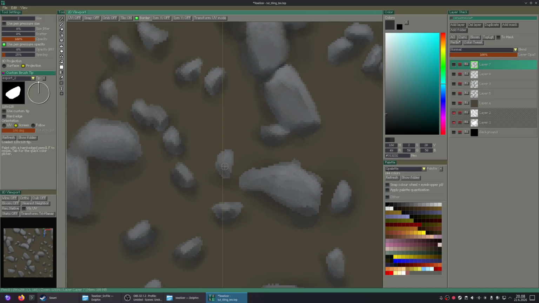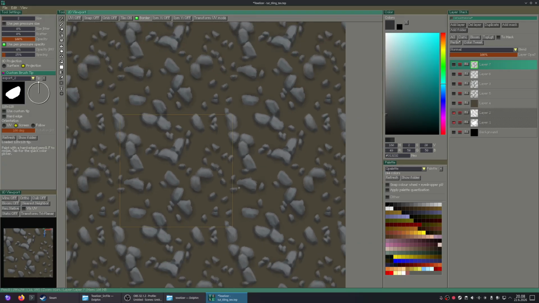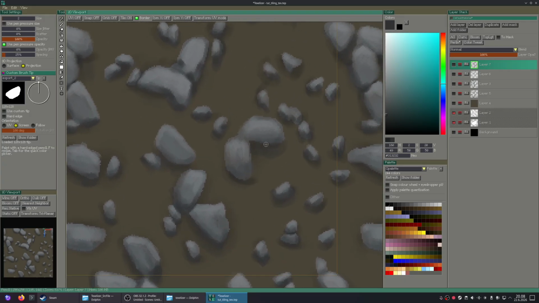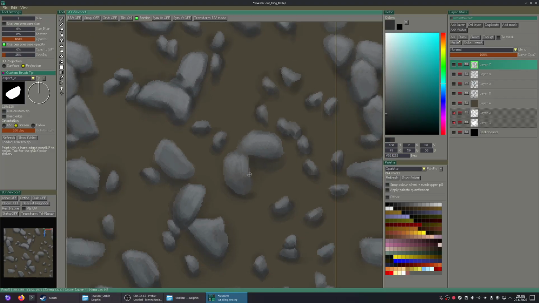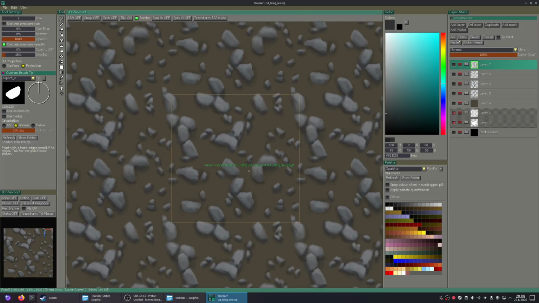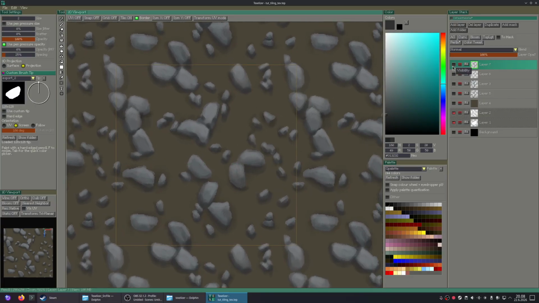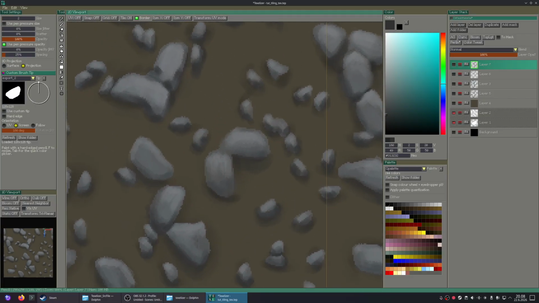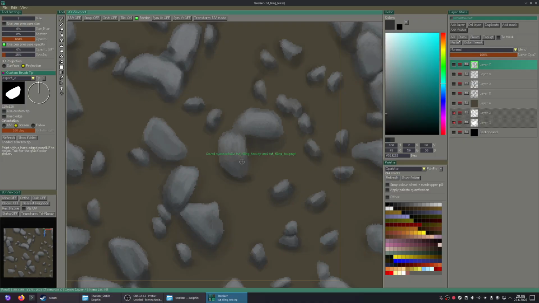Ooh, that one is missing everything. Not anymore. Okay, so now a lot of these rocks are lacking definition still, so I'll just move into these now. So there could be some kind of shadow there.